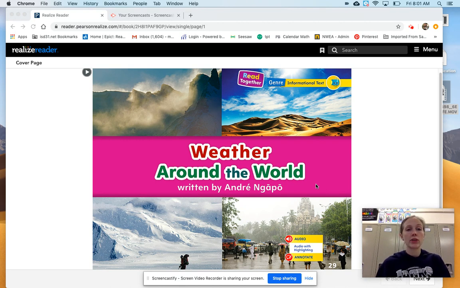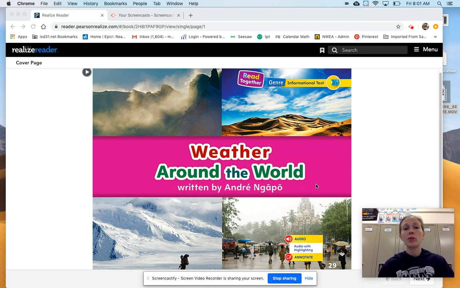When we read our story today, we will be thinking about two things. We'll be thinking about the main idea and details of the story. And if you look on page 26 and 27 of your new MyView book, you can learn a little bit about informational text and main idea and details. Remember that the details tell about the main idea.